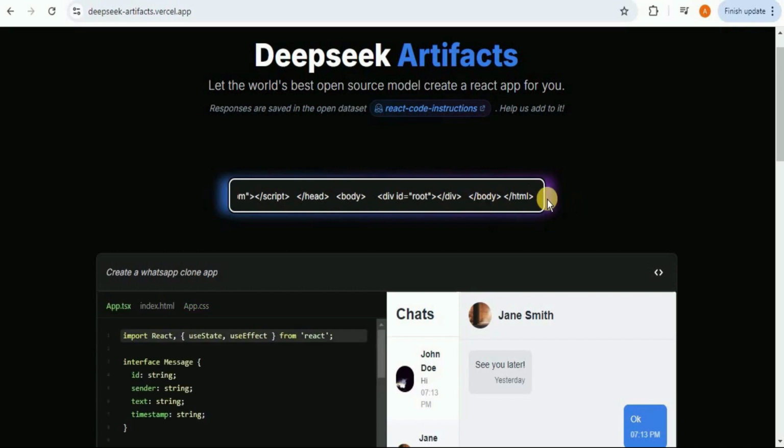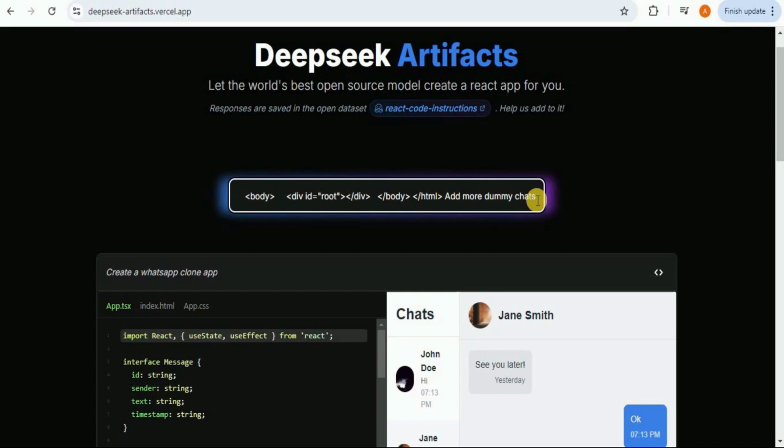So here I wanted to add more dummy chats within the same interface. For that, I'm going to say add more dummy chats. So it is firstly going to look at the files which we have provided to it and then the new feature. So the new output will have exactly the same interface like the code which was present in the app.tsx file and the index.html file, and then it is going to add this feature to that already existing code too.